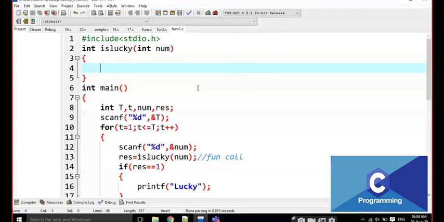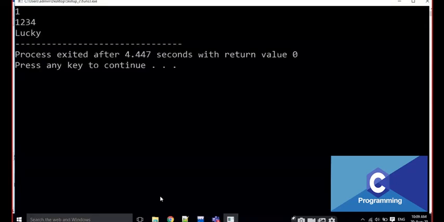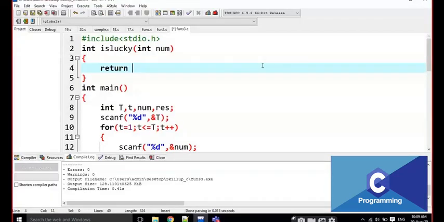For example, if you want to check whether it is working perfectly or not, I am just writing return 1. If it is returning 1, "lucky" is printed, right? For one test case, I give one number, and it is written as lucky. Why is it returning lucky? I have written 1 here. For example, if I take 0,